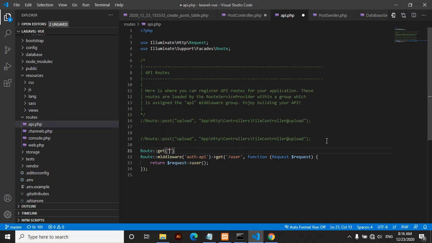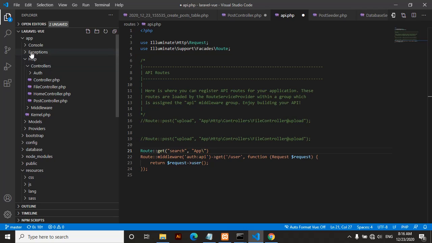Get, the URL is search, and controller is inside the App\Http\Controllers\PostController, and we will have a function search. Okay,